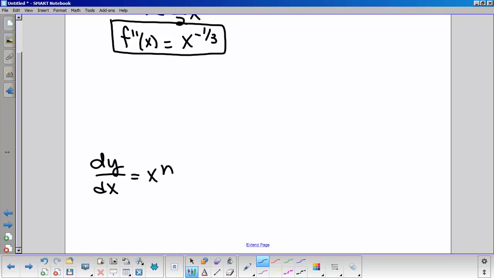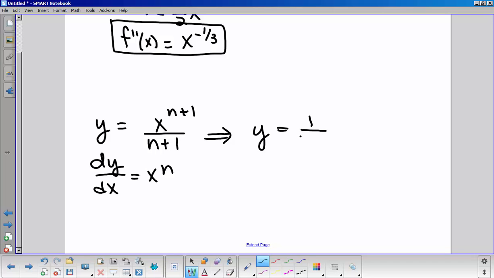I'm suggesting to you that this is going to be what happens. You raise the power by 1. Everybody gets that, I think, right? And then you divide by this power instead of multiplying. Now let's just take the derivative of this, pretending we don't even know where it came from. Let's say we have 1 over n plus 1 times x to the n plus 1. If we were going to take its derivative without remembering what we did to get it, what is